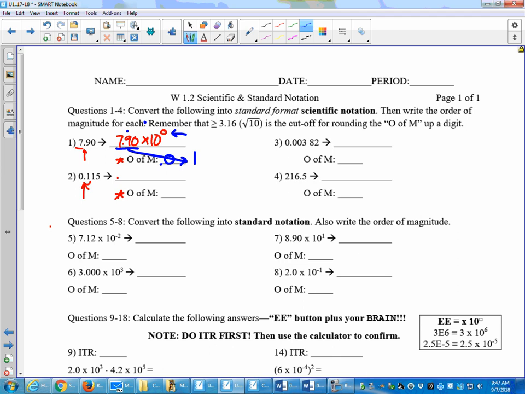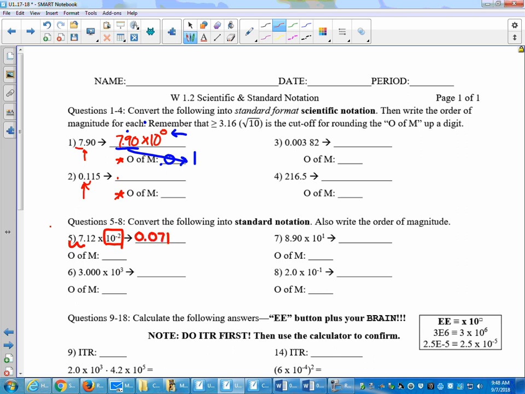Get down to questions 5 through 8. Convert into standard notation. All right? So standard notation, of course, you want to get rid of the power. In fact, this 10 to the minus 2 is just an instruction for the decimal. Well, you see the minus 2. That, of course, means a small number, so make this smaller. How many times smaller? 1, 2 slots. You'll fill a 0 in one of them. Your answer will be